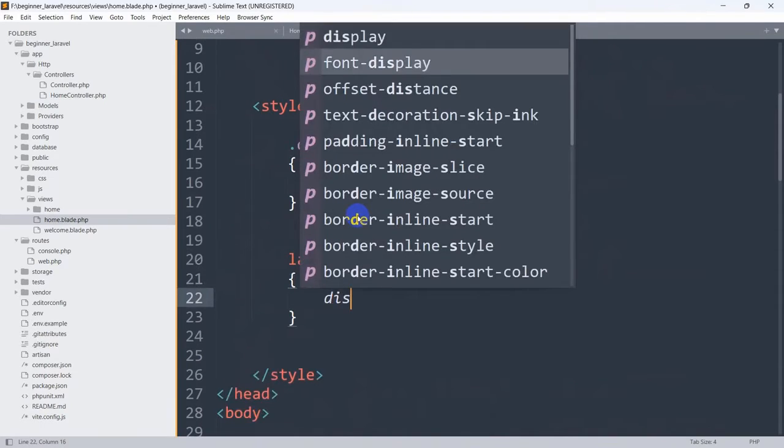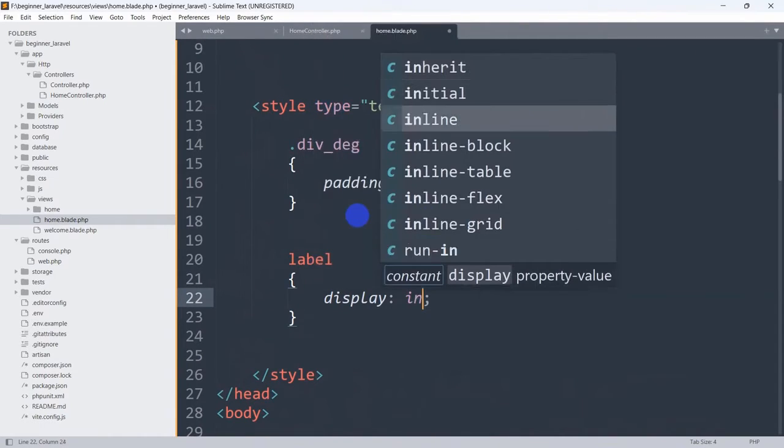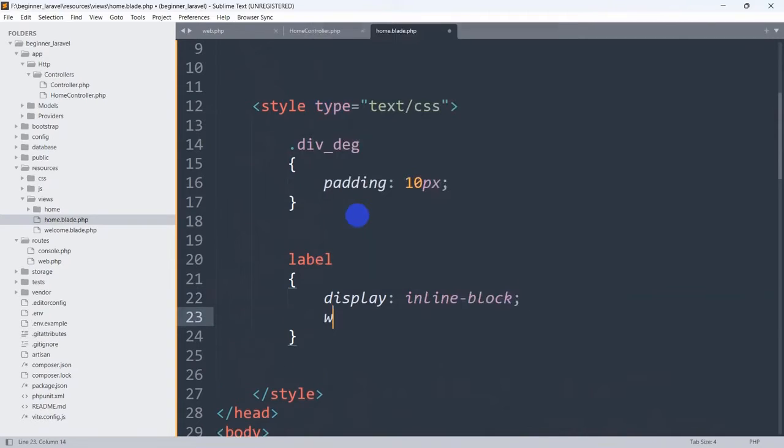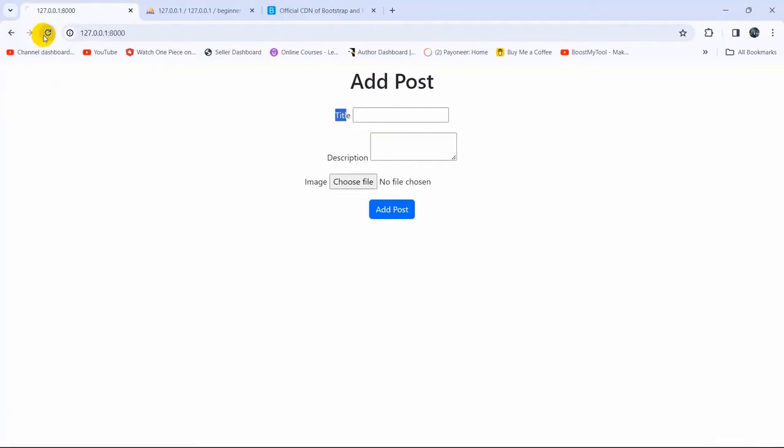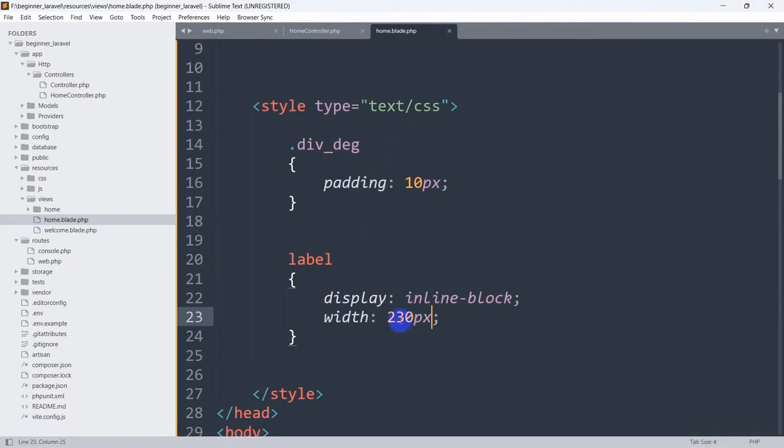Here we're going to set display, it will be inline-block, then we'll set width, it will be 230px, save, then refresh, and there you go. Okay, let's not set 230, let's set only 180px. Save,